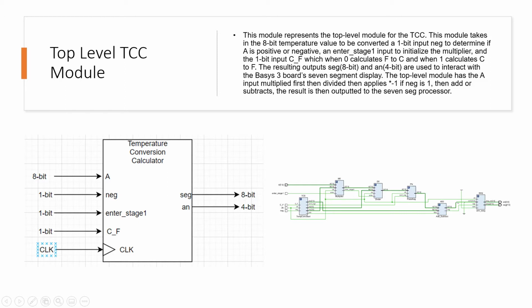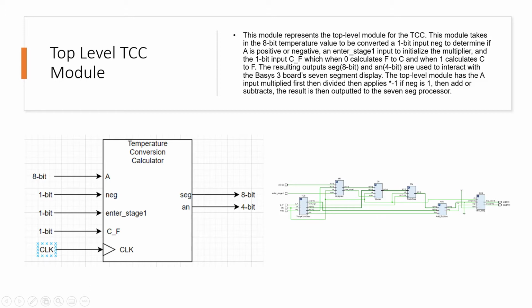A is first multiplied by the appropriate value. Then once the multiplying sequence is done, it is sent to the divide module. The divide module then has the processed input value divided. This is then passed on to the pos neg module if it needs to be flipped, or otherwise it is sent to the add subtract module. This final output then represents the actual final converted value. It is then passed onto the universal 7-segment display processor made by Mealy, which processes the values to be used on the Basys 3